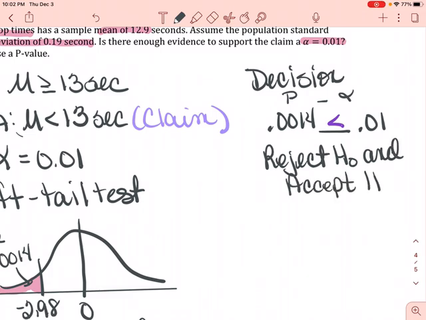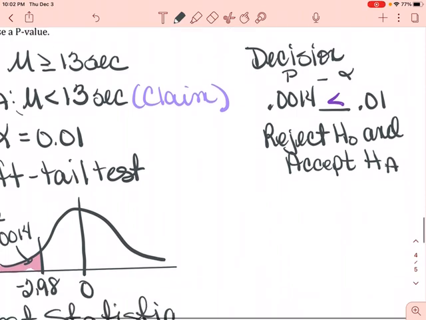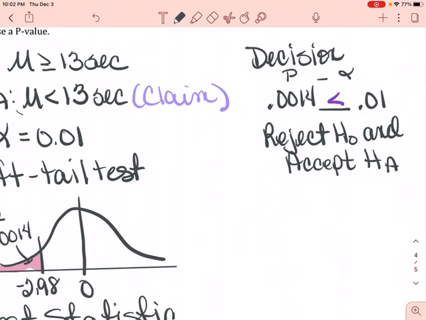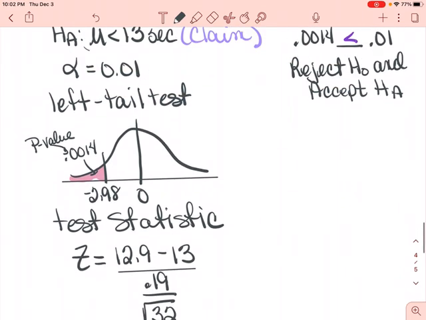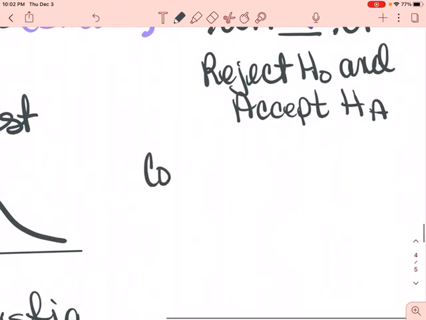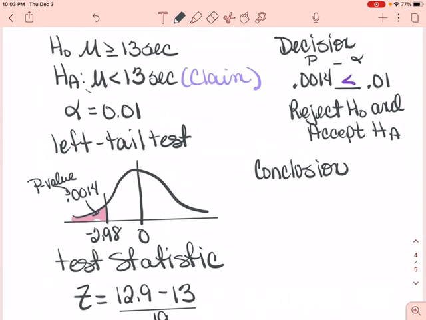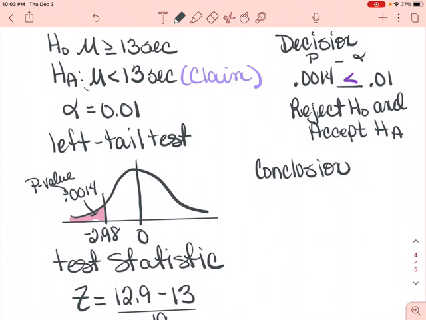Okay. All right. Now, so far does everybody see how it's all fitting together and why we did all those individual parts last week? Okay. So now we're going to write our conclusion in terms of the problem. Okay, so this goes back to what we did the other day when we had, are we going to use the words, there's enough evidence to reject, enough evidence not to reject, that kind of stuff. So since H sub A is the claim, and we are rejecting H sub 0 and accepting H sub A, we're going to say